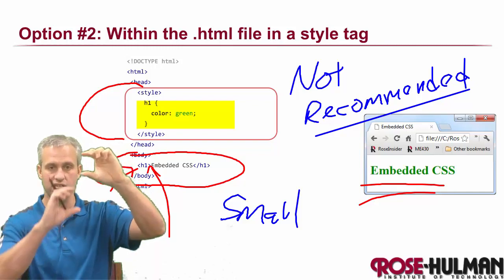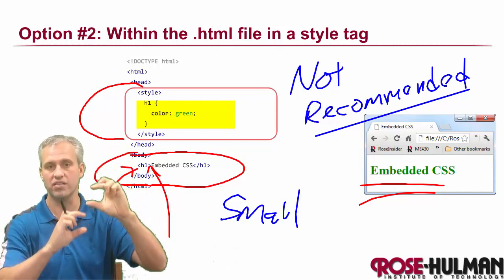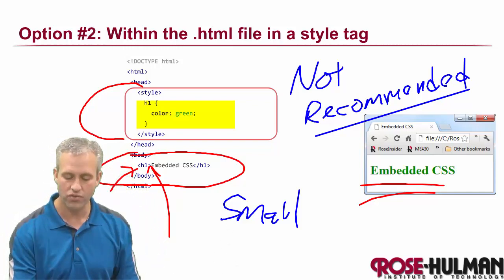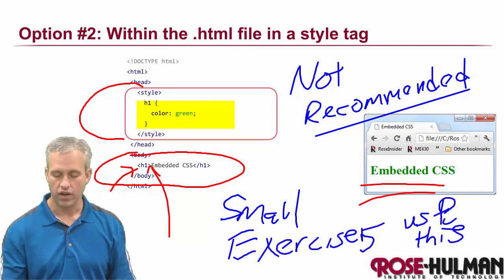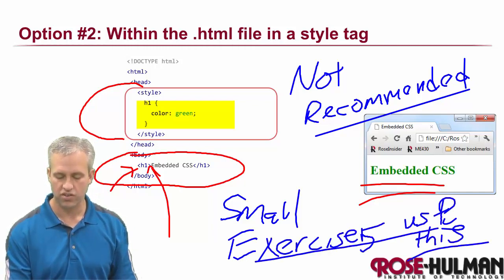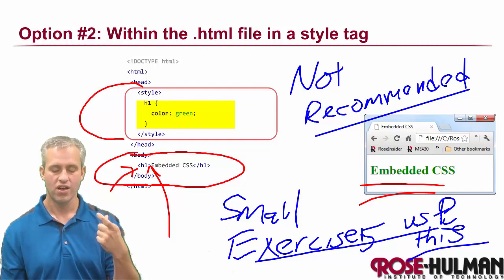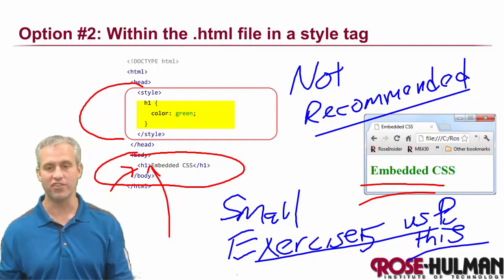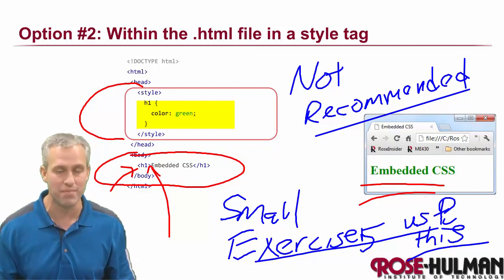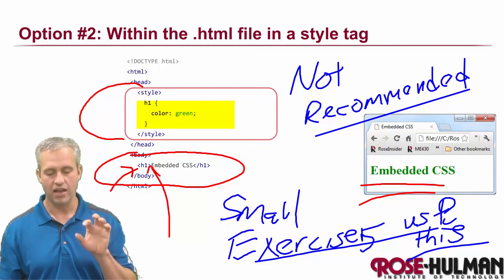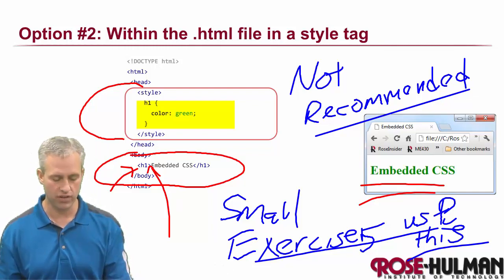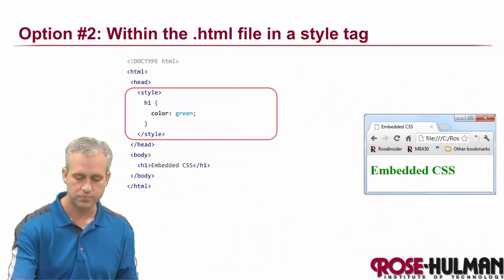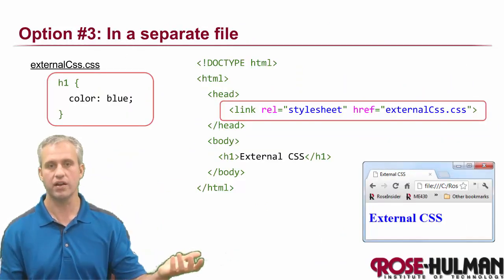Because then you can see the CSS and you can see the HTML side by side, and it works out great. So almost all of our exercises are going to use this approach because it just is so simple for small things. So I tell you that it's not recommended, and then you're going to do a bunch of examples where we do only embedded CSS. And so when your projects get big, you definitely need to move to the third model, which is separating,